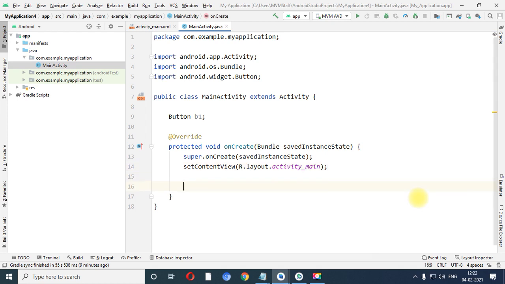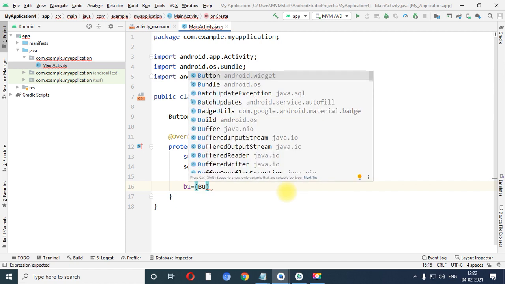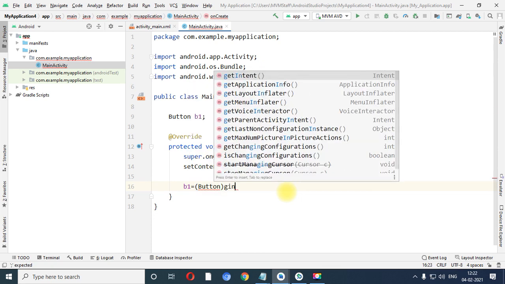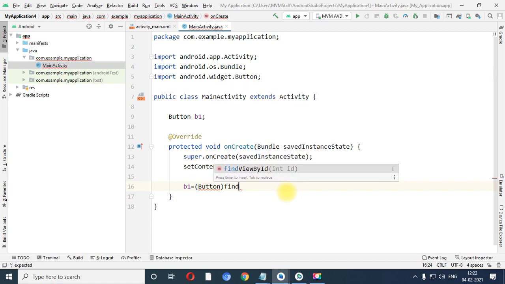Now what is the second task? Over here in the onCreate method, we need to find the object: b1 equals Button. Don't type all the words, right? You just need to select it from the list. I press Enter. So Button, next is findViewById.